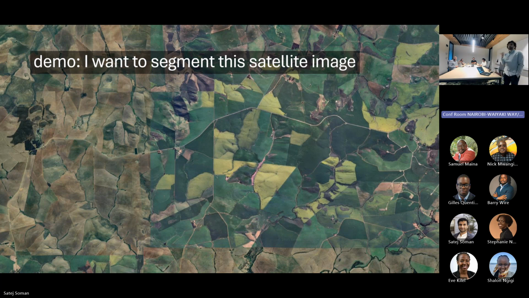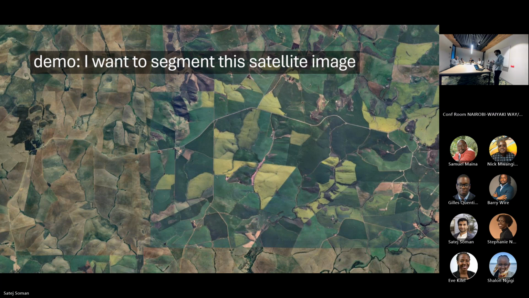As the motivating example that I'll return to, we're segmenting a satellite image. This is an image of agricultural fields, farms out in rural South Africa. When I say I want to segment this image, I want to find the bounds of each of these individual agricultural parcels so that I can understand things like the average farm size, see how productive each individual parcel is, and see if land use patterns are changing. It's a pretty common task in satellite imagery analysis to want to delineate the fields in an agricultural setting.